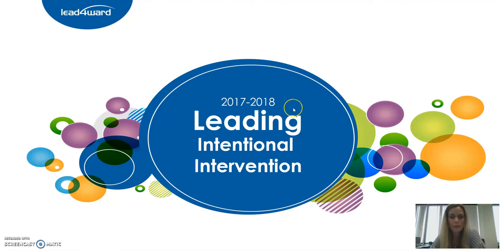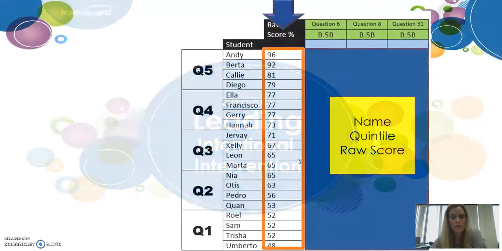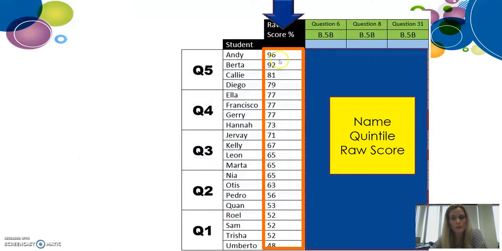I'm going to do a refresher on that, and then I'm going to show you the tool that we have in AWARE that will help you do just what she talked about, and then we will walk through the steps of what to do once you have access to the tool. Okay, so reminding you what Shelby was talking about from the Leading Intentional Intervention training, she talked to the ways